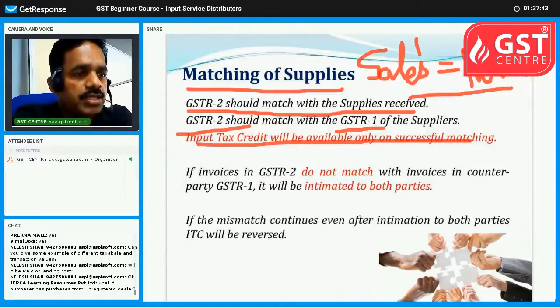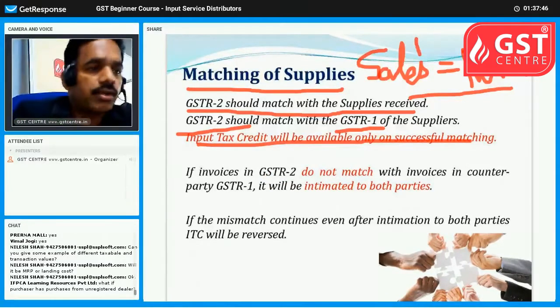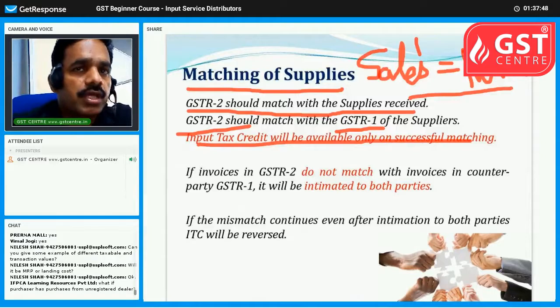Suppose I will tell one example. What if the purchaser has purchased from an unregistered dealer? Okay, I will complete this portion first. Suppose